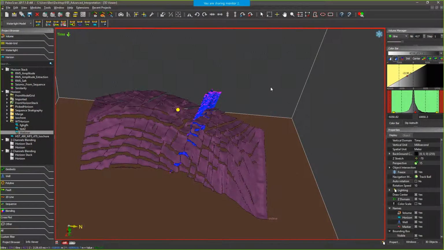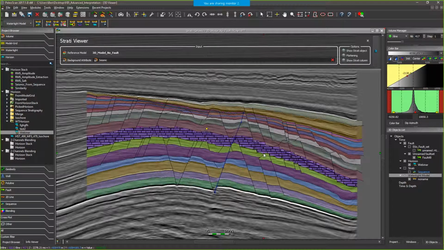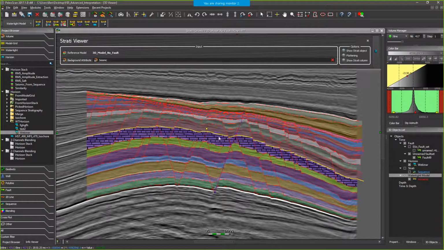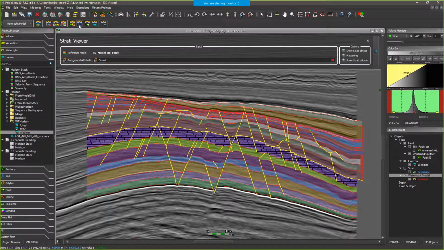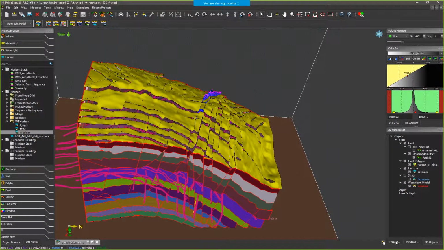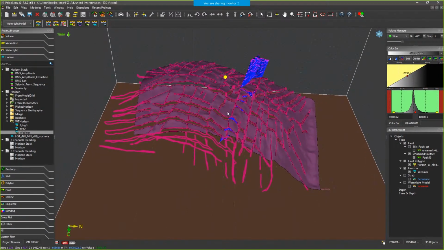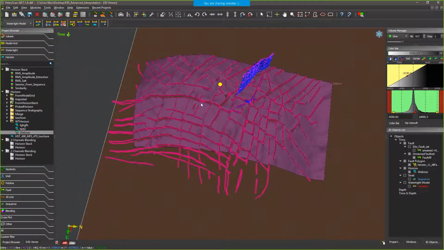I will continue. I will come back again to the Strati viewer. But this time, because we have the exact truncation between faults and horizons, I will use this to extract some fault polygons. I just have to select one horizon. I want to select all the faults, and I have this shortcut to select all the faults. Then, if I click on create watertight fault polygon, I can toggle off the watertight model, and PaleoScan will extract all the fault polygons for this horizon.